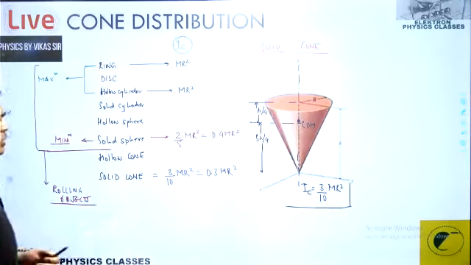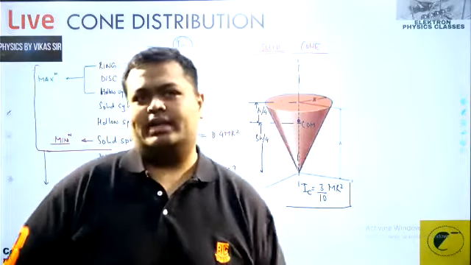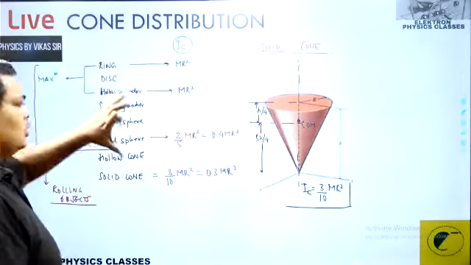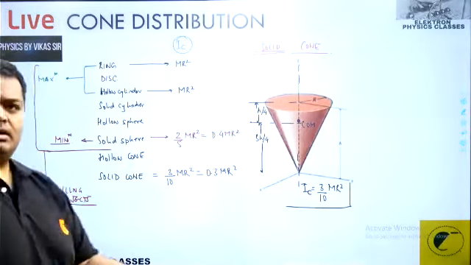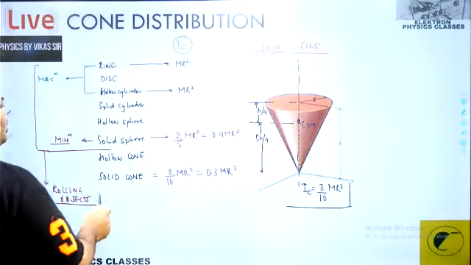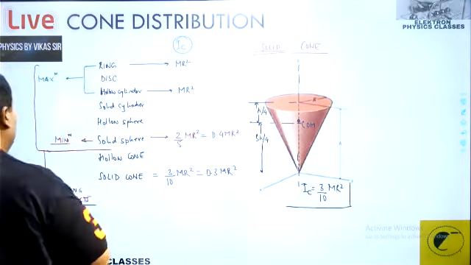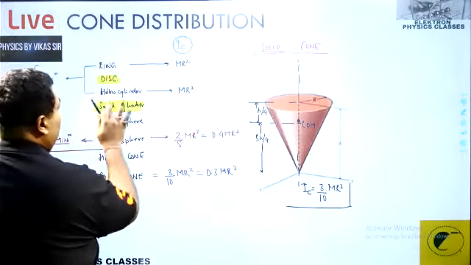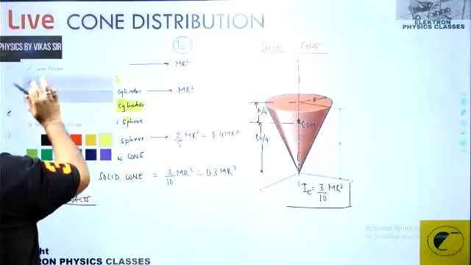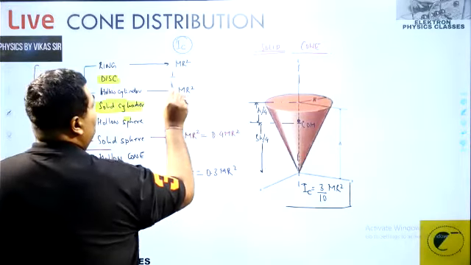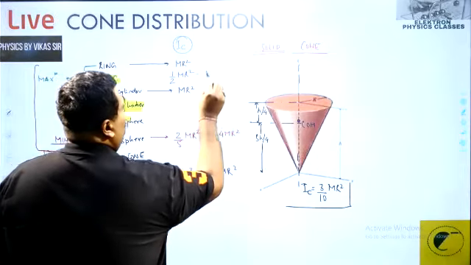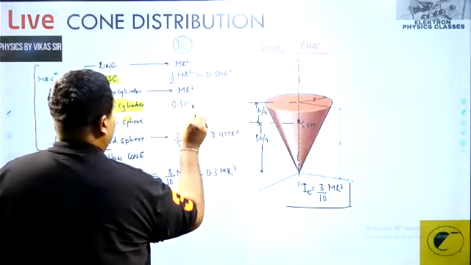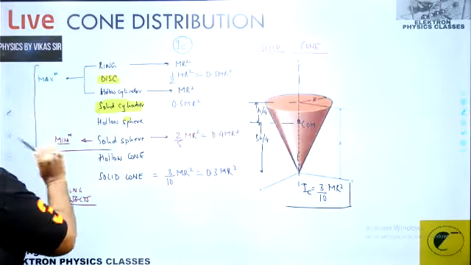But a solid cone does not classify as a rolling object, and therefore we are not considering it to be the minimum of the rolling objects. These are all rolling objects in which the solid sphere has the minimum moment of inertia. Talking about the other objects, the disk and the solid cylinder both share the same value, half of mr square, that is 0.5 mr square. Talking about the case of the hollow sphere.